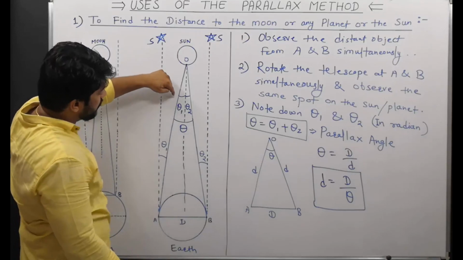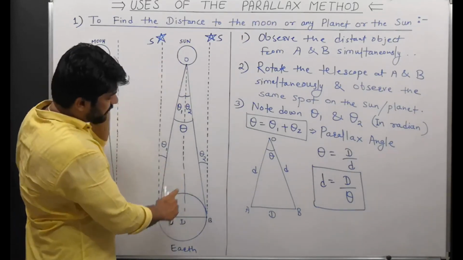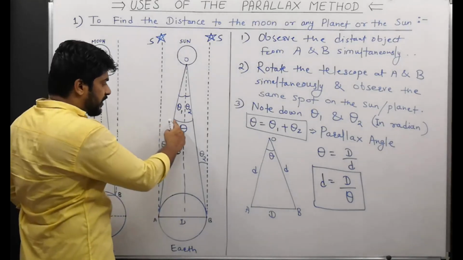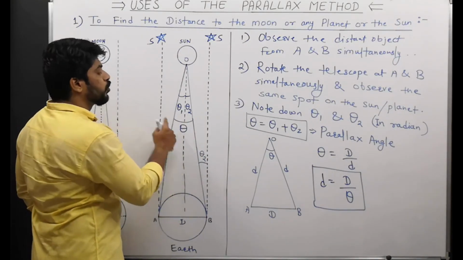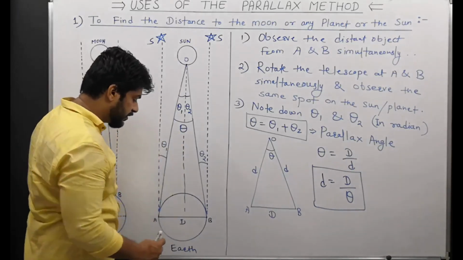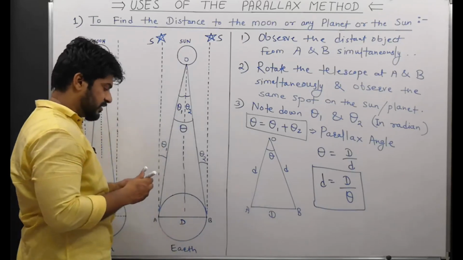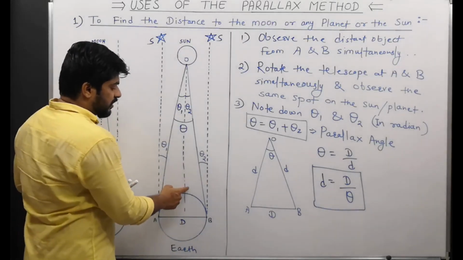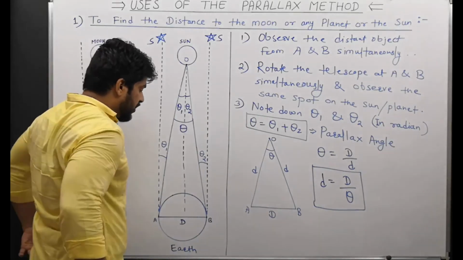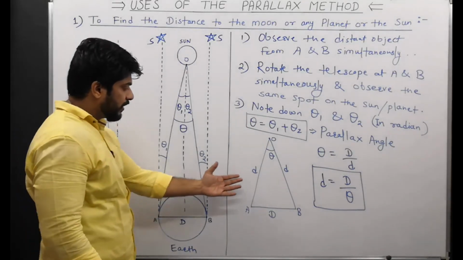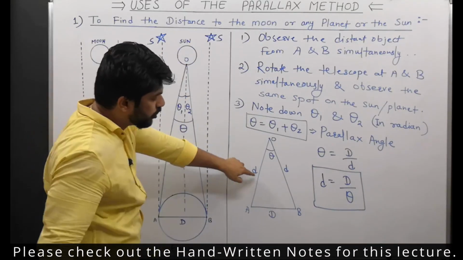From the diagram you can see this angle and that angle are the same. In that way we get this theta 1 and theta 2, and we just add them up, we get this total angle. This is the parallax angle. This is our basis, that is capital D. What is the basis? Nothing but the distance between the 2 points of observation. So in this way we have got everything over here. We have considered this distance as small d.